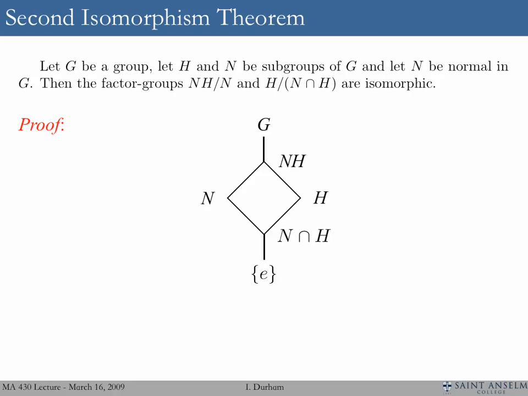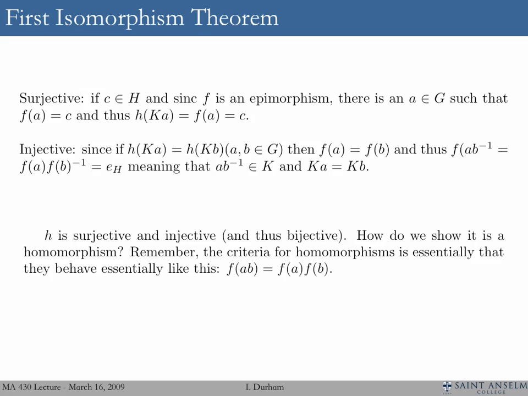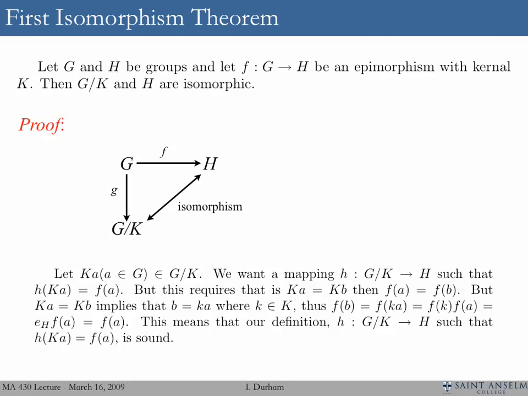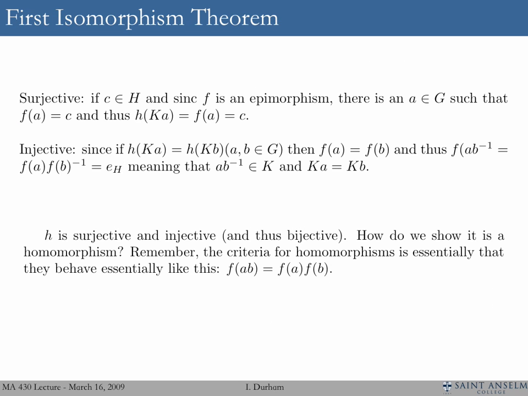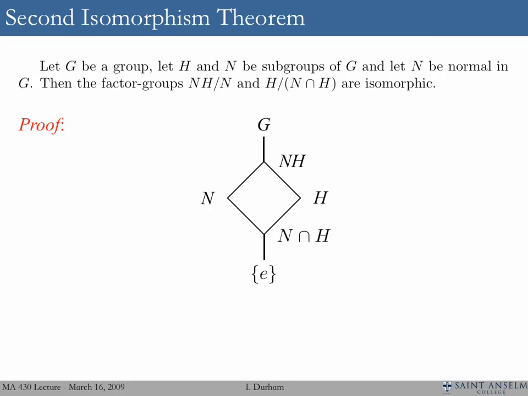So this is very similar to the first isomorphism theorem. If you go back to the first isomorphism theorem, you see we're showing that G/K and H are isomorphic. And here we're just taking it another step. And this diagram I've got here is called a Hasse diagram, and it's kind of everything below. So as you go down,